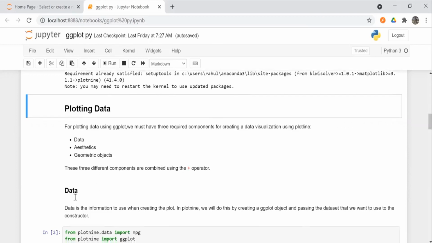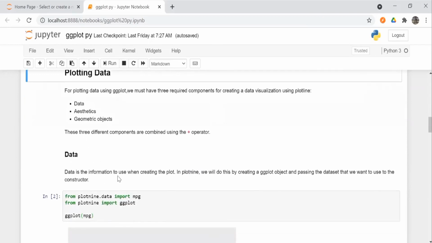Now, what is data? Data is the information to use when creating the plot. In Plot9, we do this by creating a ggplot object and passing the dataset that we want to use. So our first step is creating a plot of the data. From plot9.data import mpg, where mpg is the fuel economy dataset, and from plot9 import ggplot.